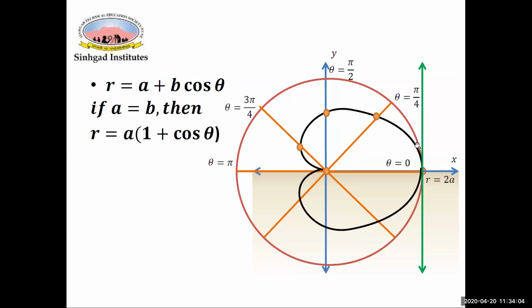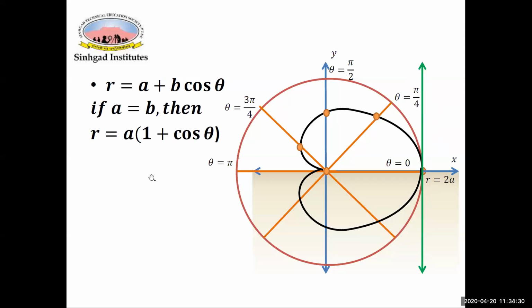Again, the tangent at the pole, along the line theta equal to 0, is a perpendicular tangent. So this is the tangent, and the curve is symmetric about the x-axis, so the same curve appears over here. So we have seen three different cases for the cardioid. One can be asked at a time. All three won't be asked together in the exam.